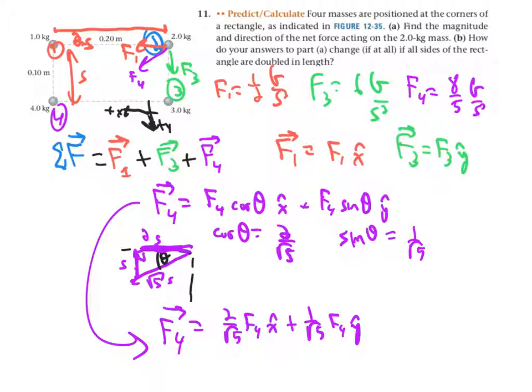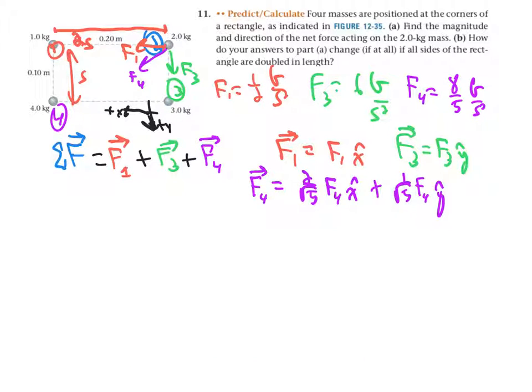Is that really, really helpful? Actually, yeah, it's going to go a long way towards getting us done. So now we have that the net force is going to be, remember, F1, which we just said was F1 in the x hat direction, so 1/2 g over s squared in the x hat, plus F3, which is given to us by that thing. So we'll have